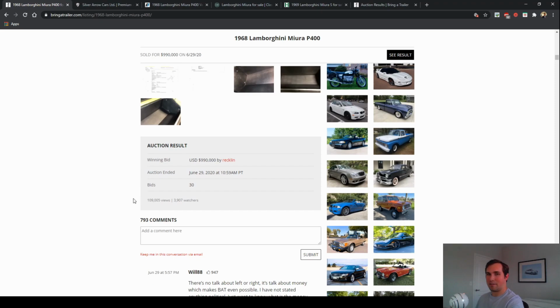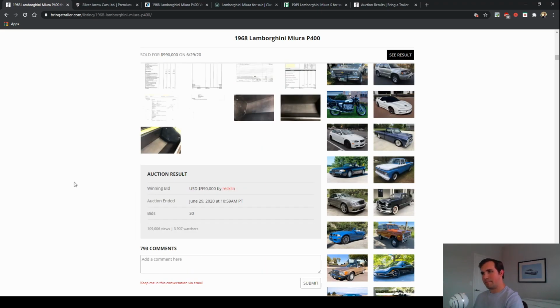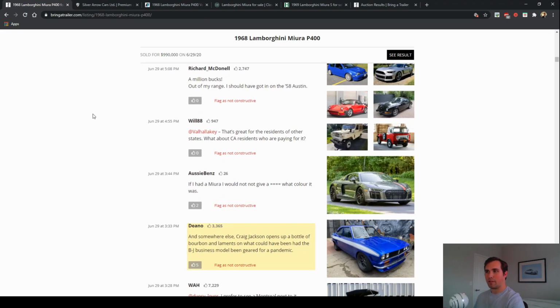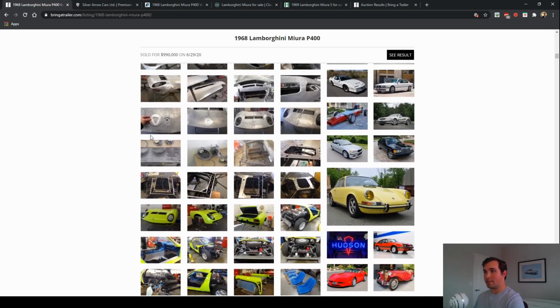So those final 20-30 minutes were just skyrocket activity for this auction in particular. Okay, and the big question for this car was $990,000, or really, with Bring a Trailer's fee included, $995,000. Was that a fair figure for this car? And I'm actually of the belief that it was a fair figure for this car,